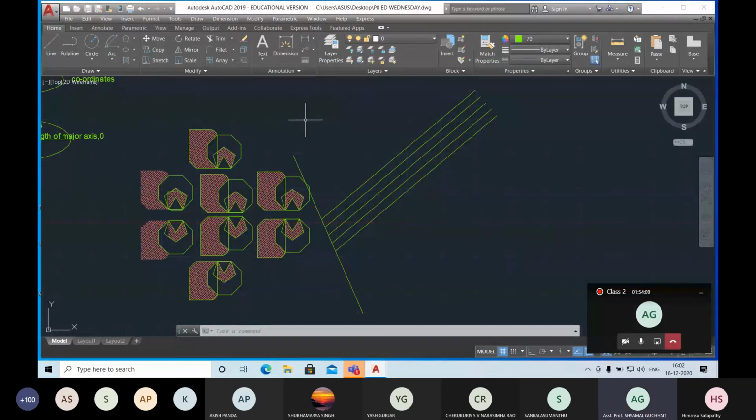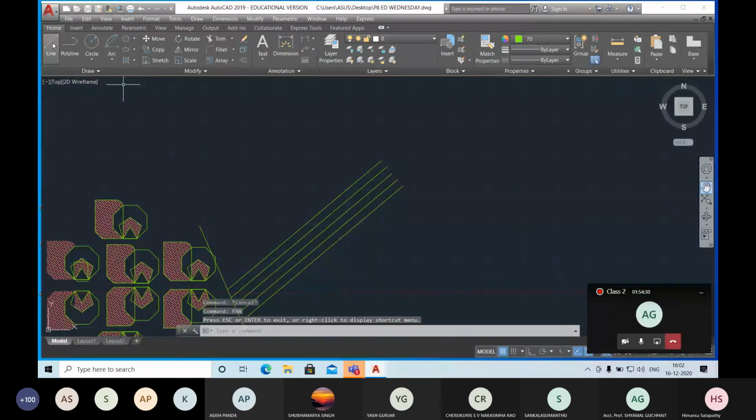Okay, sir. Okay, so you can extend the lines to any point. If you want to extend the lines, then the command is extend. So you can extend the lines. I just show you one problem in this case. If I draw a line from this location to this location, and I want to extend these drawing lines, then first select the line up to which you want to extend, press enter. Then you can see when I select all the lines, only 4 lines are extended.